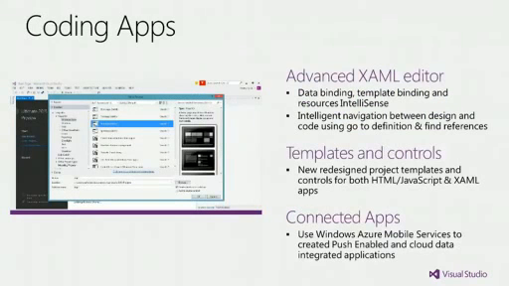apps. With regards to further into some of these editors and such like, we've gone into the XAML editor and made some great IntelliSense improvements. So if you're doing IntelliSense data binding or something like using resources, you'll see that now within your XAML you can actually get IntelliSense that you previously couldn't. And if you're doing things like go to definition, we'll go to the right place at the right time within your XAML, which is a really nice feature for being able to navigate around and use XAML